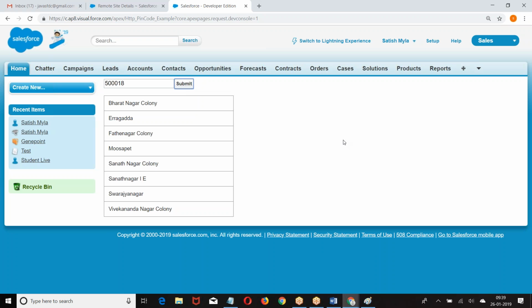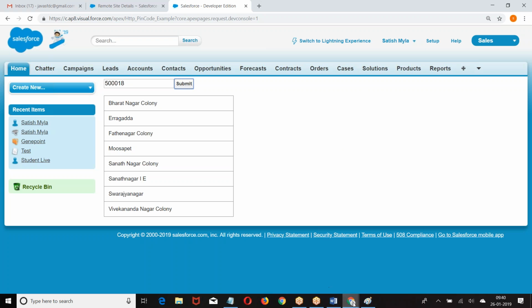You may insert this data into one table. It is your choice. Once you get the response, you behave as per your requirement. My requirement is to get the places and display. If your requirement is to get this data and update a record, you can do that. So what is the point here? How do you make an HTTP request to a third party and get the data? That is the question here.